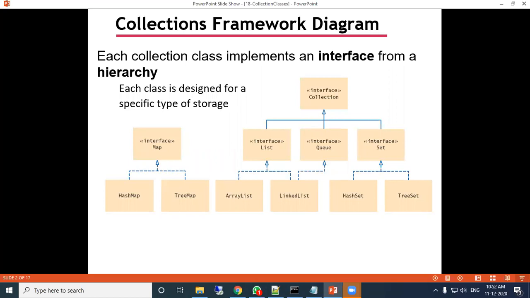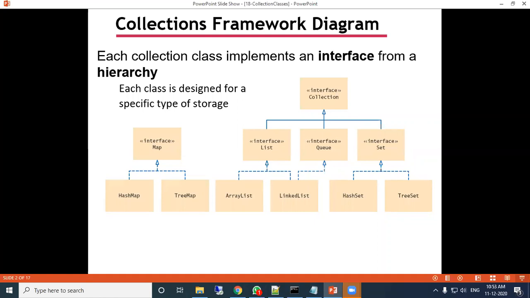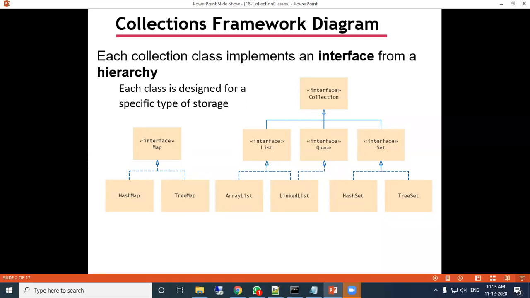So just see the structure of the collection of classes. That is the collection framework. The topmost interface is named Collection. That is an interface, and under the interface there is an interface List, another interface Queue, and the third one is Set. These are the three interfaces under the Collection interface, and under